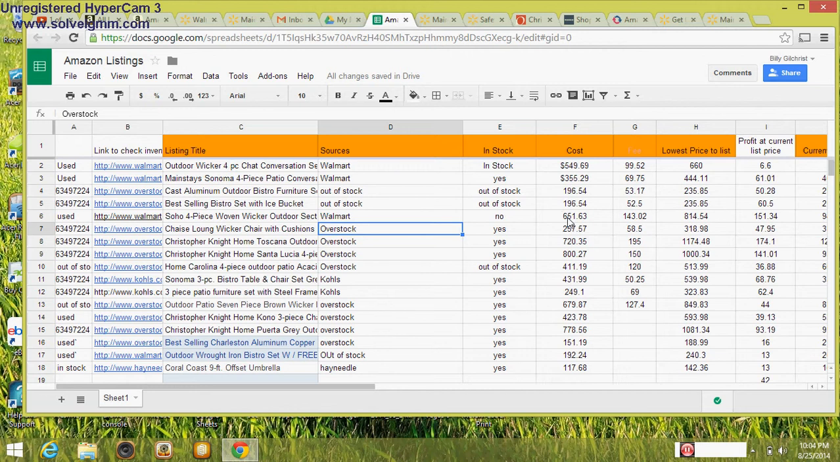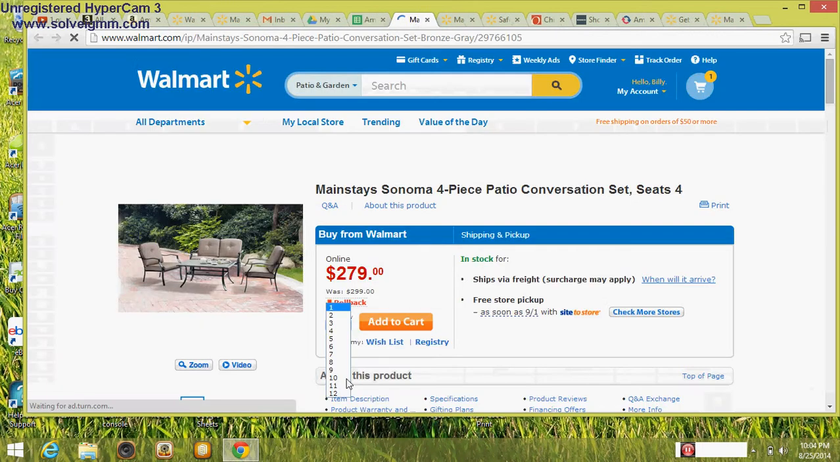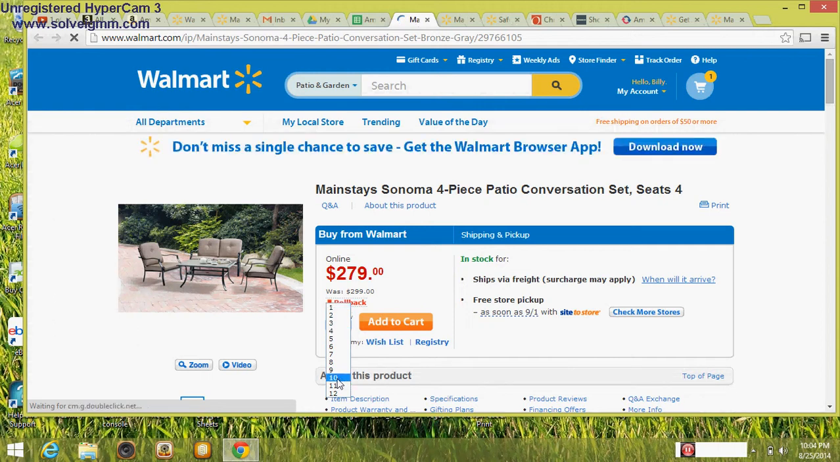As you're going through and looking, something I want you to do is go ahead and select 10. 10 is the quantity, and click add to cart when you're checking whether or not something's out of stock. If there is less than 10, Walmart will let you know. For example, let's say that this quantity said 5. What you would want to do in that instance